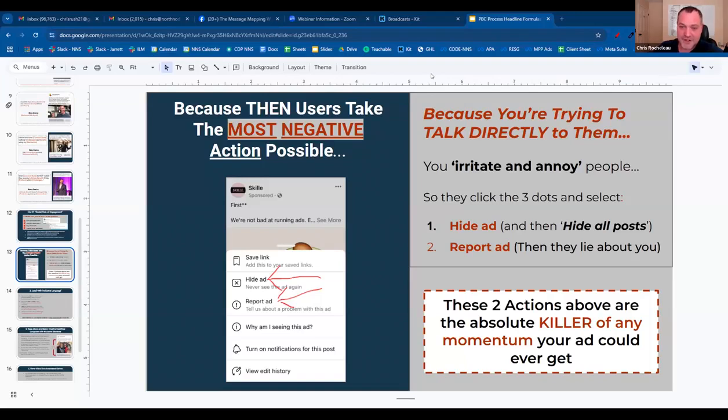Since it says never start, does that mean later in the copy, like during a call to action, we can sprinkle in direct references, or still never do it until they are on to give us permission on our landing page? I'm very glad, Dave, you asked that question. We do start to transition to direct language in the bottom half of our ad, or at the very least in our call to action.